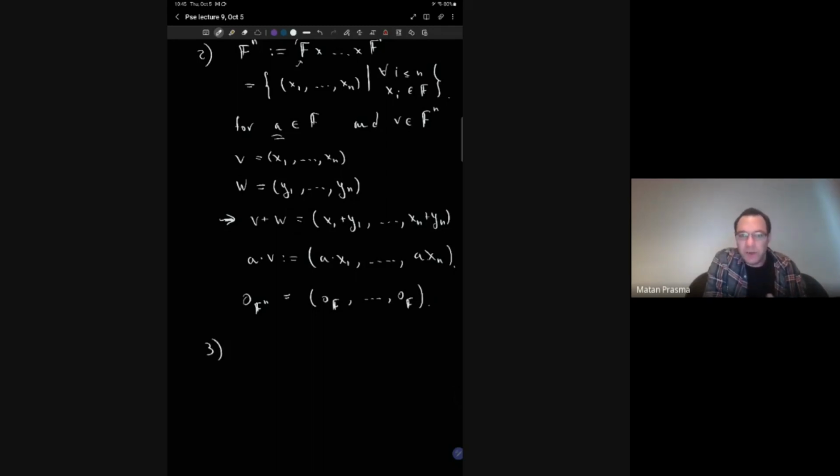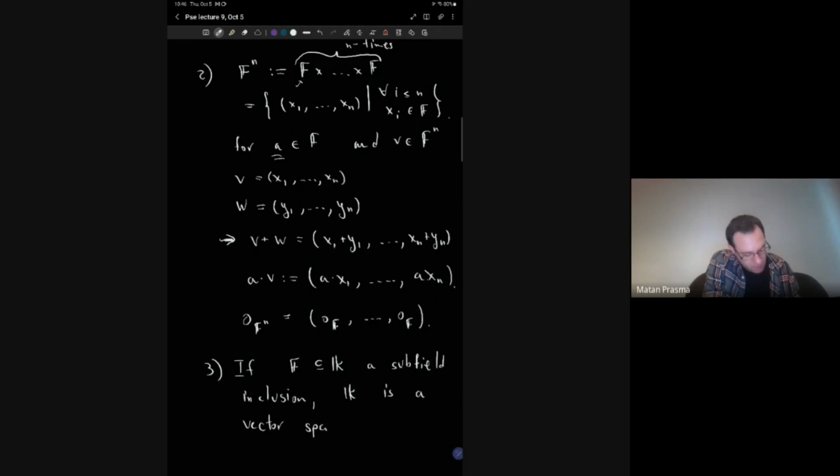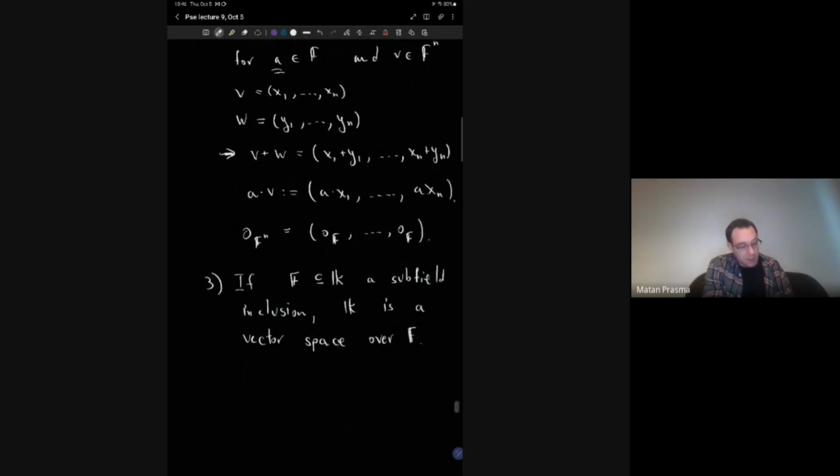The general principle from the discussion we had in the beginning of the session is that if you have any field inclusion, this is a subfield inclusion, then K is a vector space over F. So, for example, R is a vector space over Q,